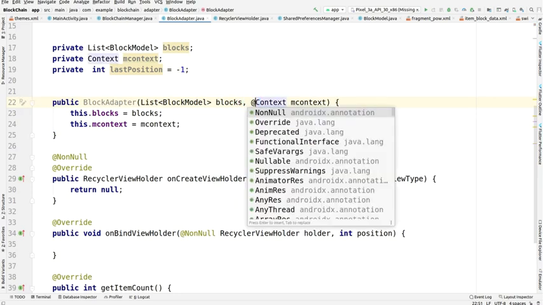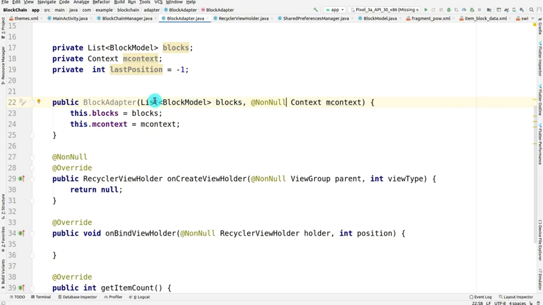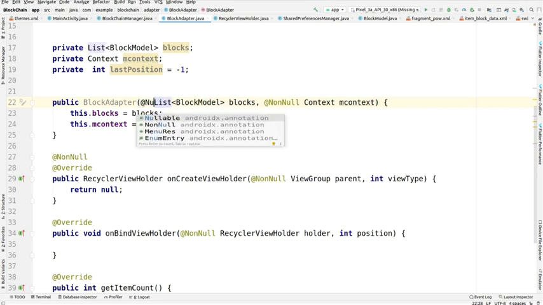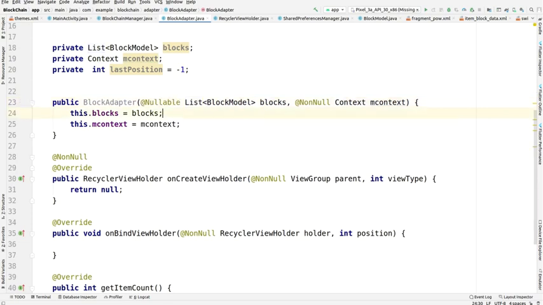Okay, now I'm just giving some annotations for it, like @NonNull and @Nullable for the list, so that no exception can occur.